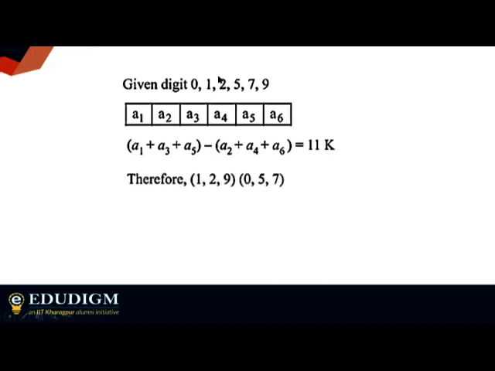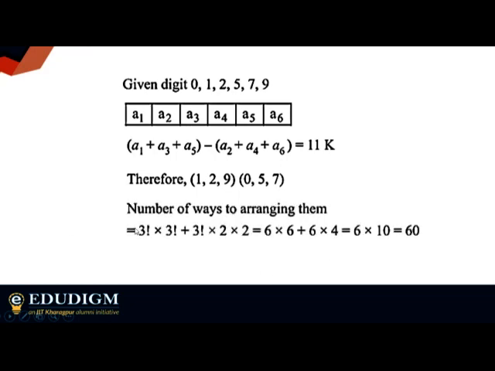Okay, so these are going to be the groups. One position will have 1, 4, 9 and another position will have 0, 5, 7. Is this okay with all of you? After this portion it should be okay, because this has the sum 12 and this also has 12. You can check that the other sums won't work. Now this is the number of ways. What we have done is, first you take A1, A3, A5 as the first group, and A2, A4, A6 as the second one.